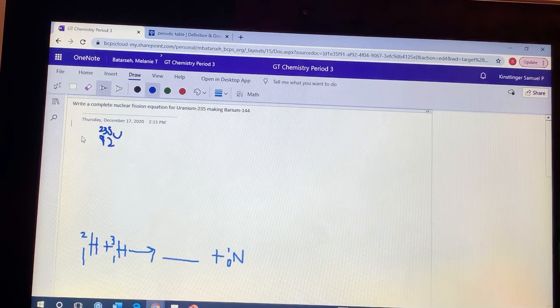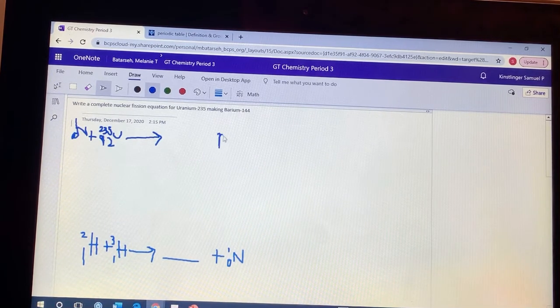It's bombarded by a neutron. So we're just going to have a neutron here that it's bombarded with. So a neutron, there we go. And then we know the law of conservation of mass, the amount of protons and neutrons on each side has to be the same. And it says we went to